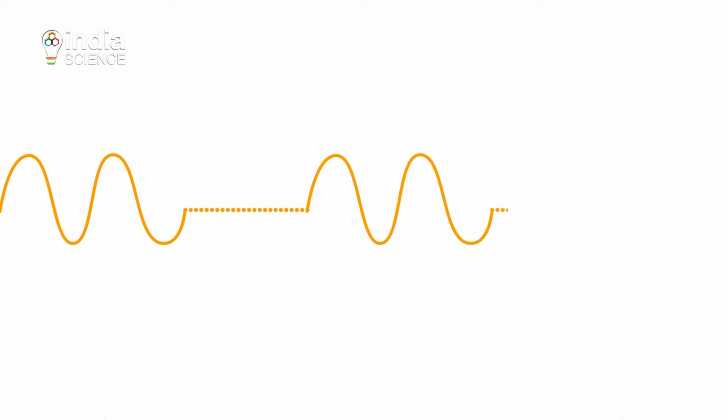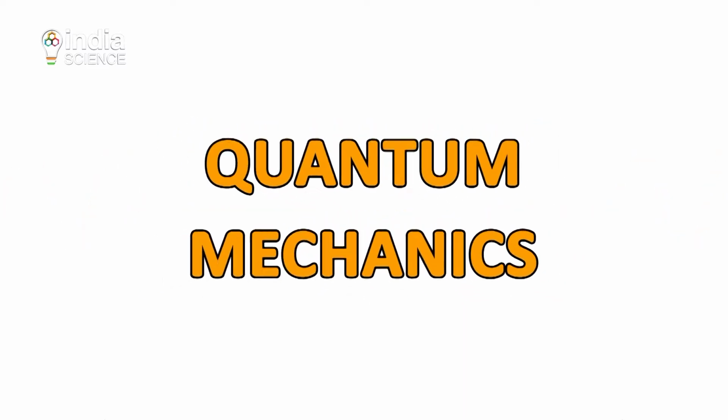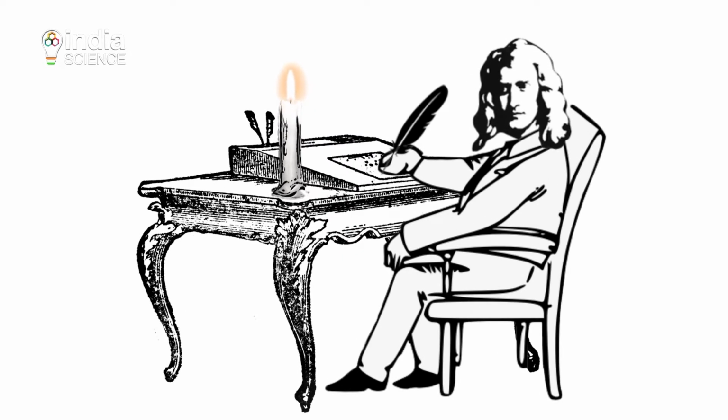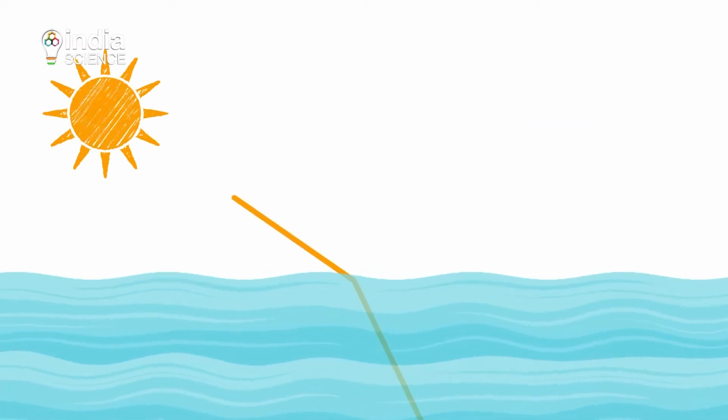The journey of finding answers to these questions led researchers to the foundation of a revolutionary field of modern physics, quantum mechanics. Our story begins in the 17th century when Isaac Newton gave the corpuscle model of light. Newton said that light is made up of very tiny particles called corpuscles, which are emitted when any source of light is switched on. Using this theory, he was able to explain the phenomena people knew of in those times, like reflection and bending of light in water.